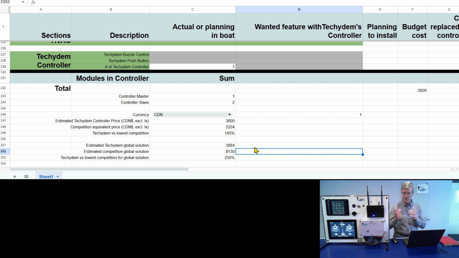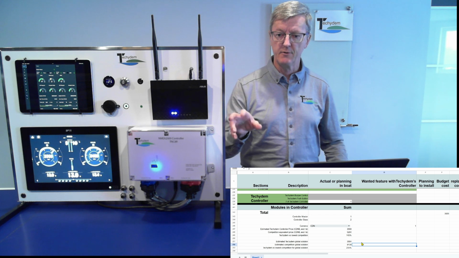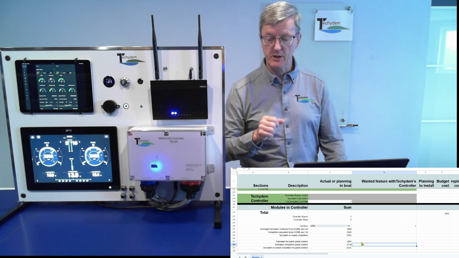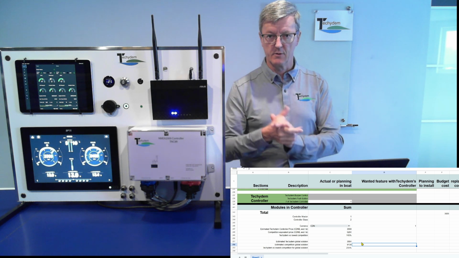What you will probably figure out is if, let's say, you had a budget of 5,000, you might say, "Oh, I can do more than what I was planning to do." So that's a good way to say, okay, maybe I'll have this and this and that feature because it fits within my budget. So again, go on the website, click on the button to request your own spreadsheet, fill out the questionnaire, and we'll send you your own copy.